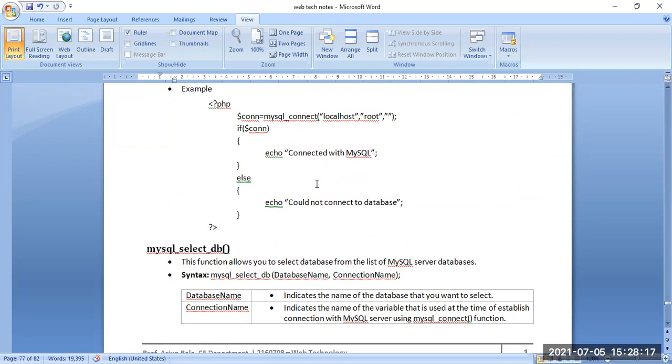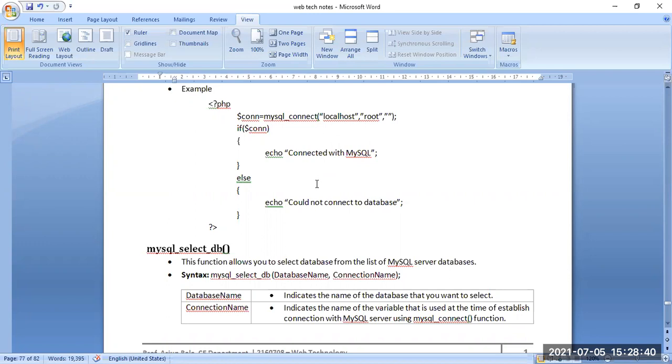This function allows us to select a database from the list of MySQL server databases.